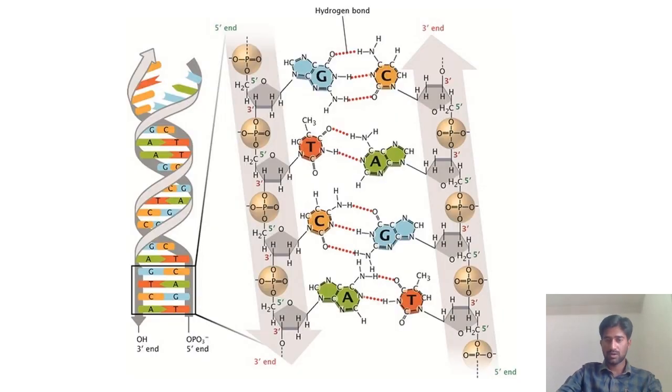This is the overall structure of the DNA strands, where you will have a phosphate group and a sugar molecule attached to a nucleotide base, and those bases are attached to the adjacent bases with hydrogen bonds. Guanine and cytosine have 3 hydrogen bonds, whereas thymine and adenine have 2 hydrogen bonds. And as you all know, DNA is synthesized in the 5 prime to 3 prime direction. How is it synthesized? At the 5 prime end a phosphate group is attached, and at the 3 prime end the adjacent phosphate group is attached to the ribose sugar.